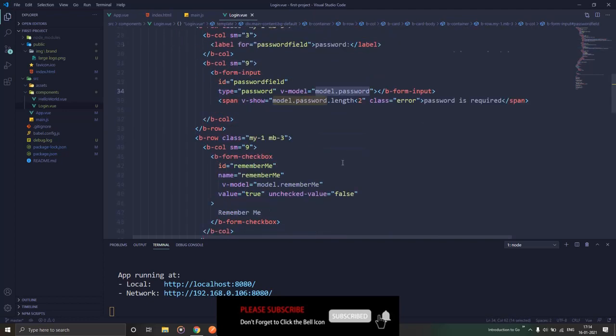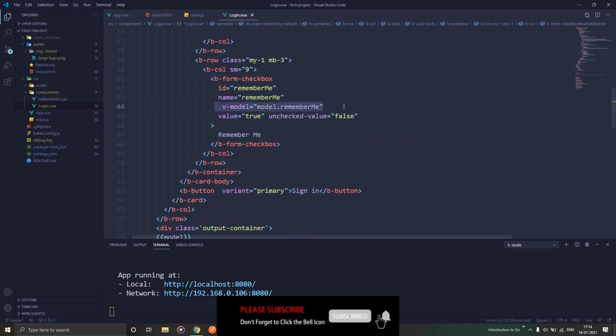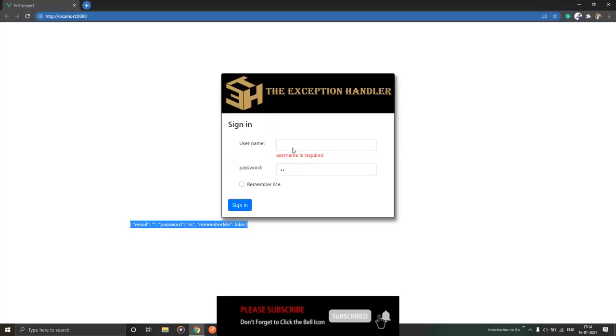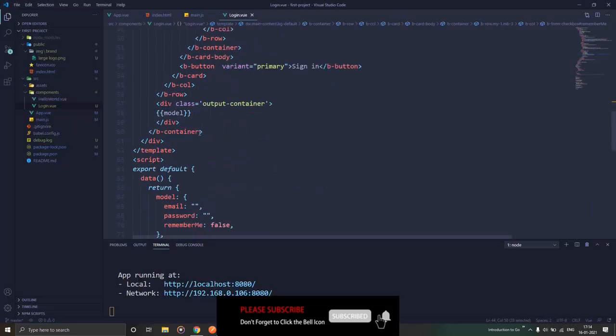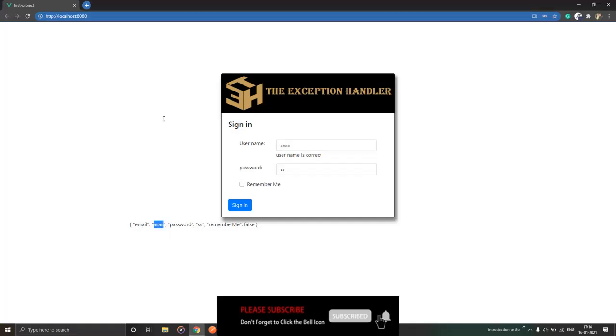Similarly for password as well and for the checkbox as well, I've given these three as two-way data binding using the model. So now whenever I do some typing in the text boxes, I see the similar change being reflected over here. And if you see, I have directly bound this complete model to my view so that I keep tracking the changes that happen in the model itself. So if you see, this model gets updated every time I keep typing something over here. When I click this, true and false state also change for the remember me.